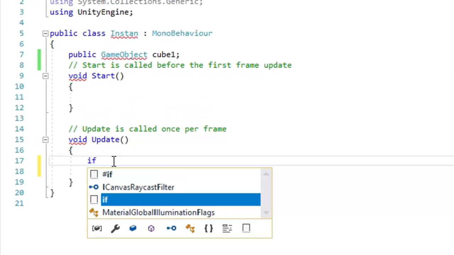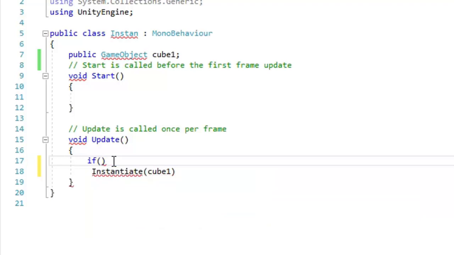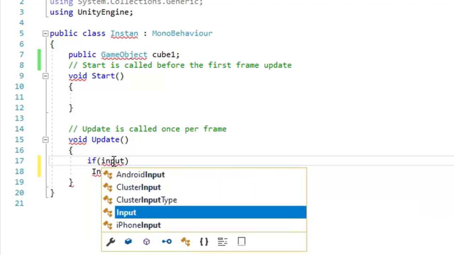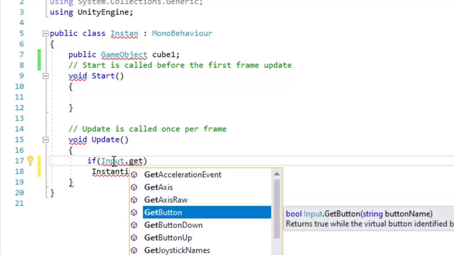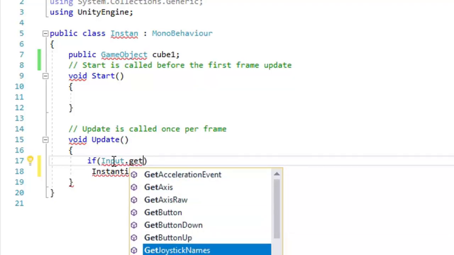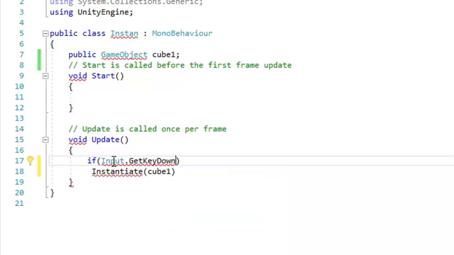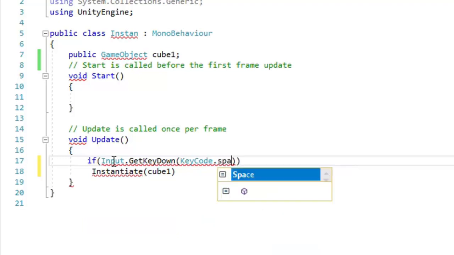So here we can write a script for that. Input dot get, suppose I am taking this get key down. For that key code, here I am taking the space button.